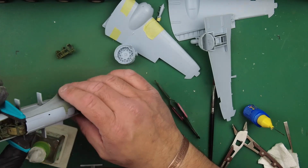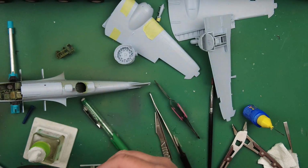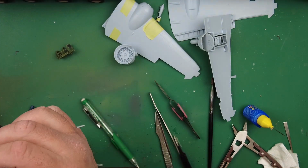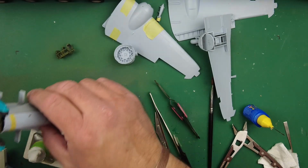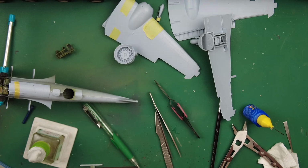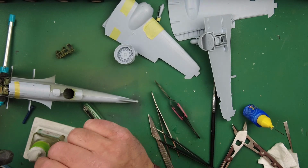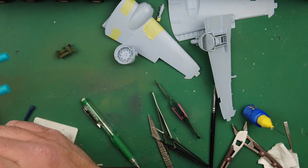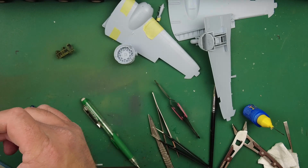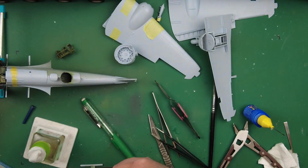What we can do is put a little bit of tape on just to help hold it in place. So we'll get some 6mm Tamiya tape. Get that in place. Just a general check, just run your fingers over the joint. Excellent. So, what next? Well,